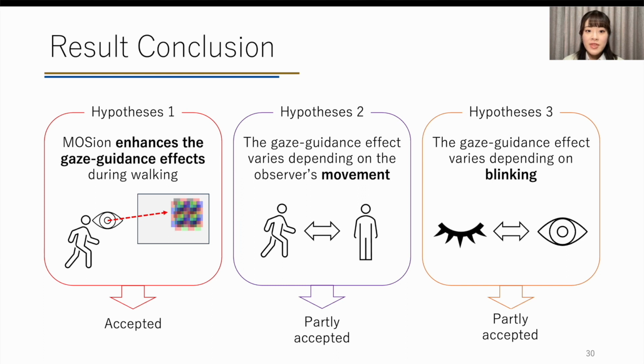The third hypothesis was partly accepted as the changes in the projection were observed except for the city image. Participants also stated that it was similar to walking during blinking.